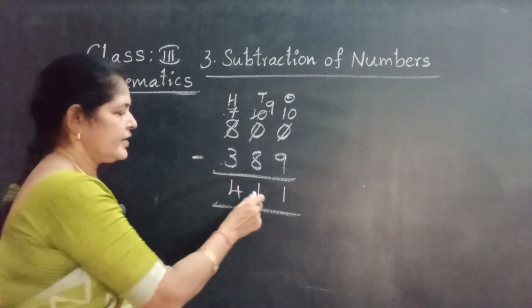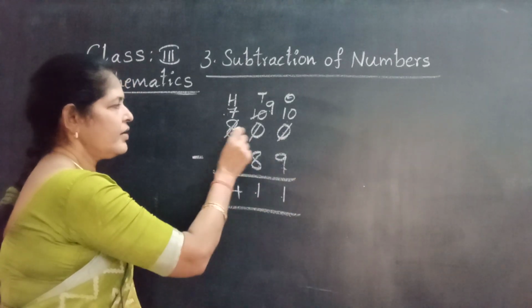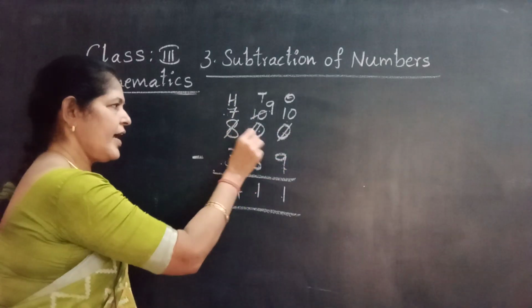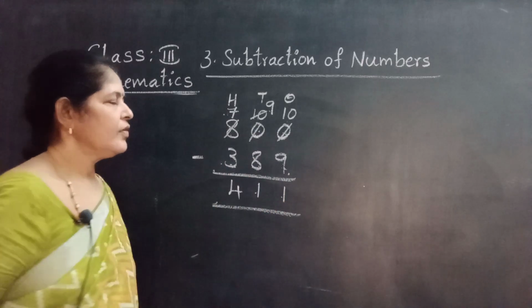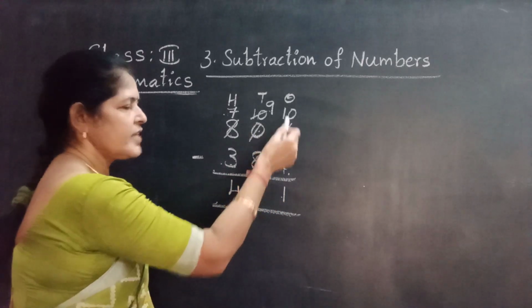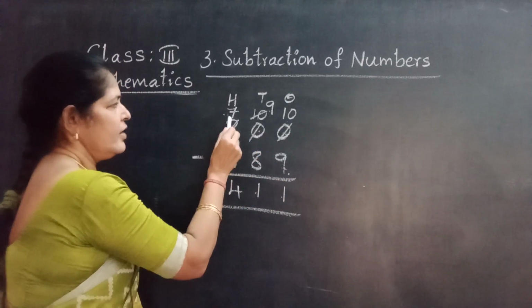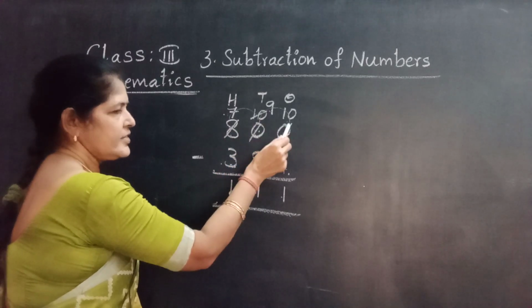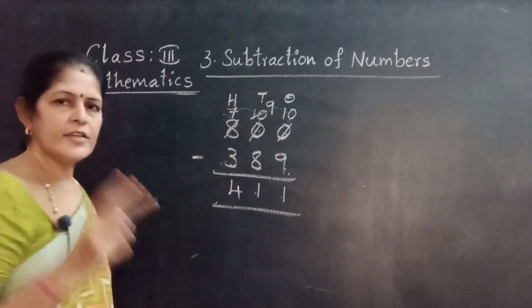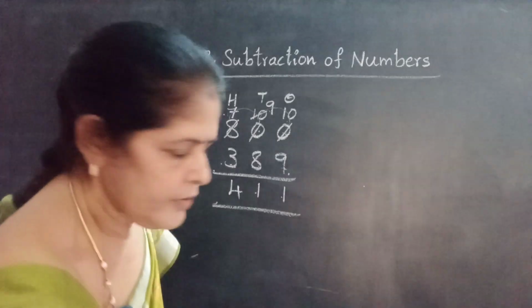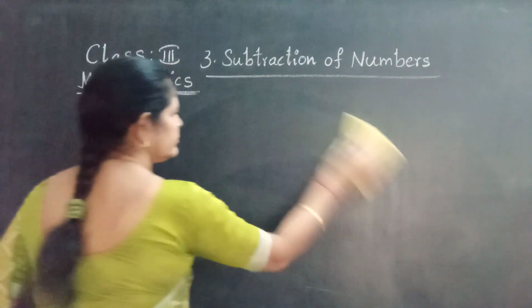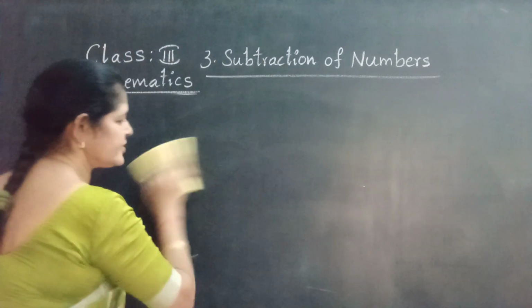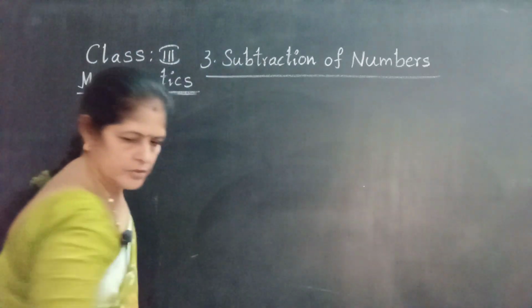Okay, this is the difference. Second number, first number. Actually 800 is more than 389, but in working we have to use the concept of borrowing from hundreds to tens, tens to ones. Here it is used two times. Next, subtraction of 4-digit numbers with regrouping means the borrowing concept.